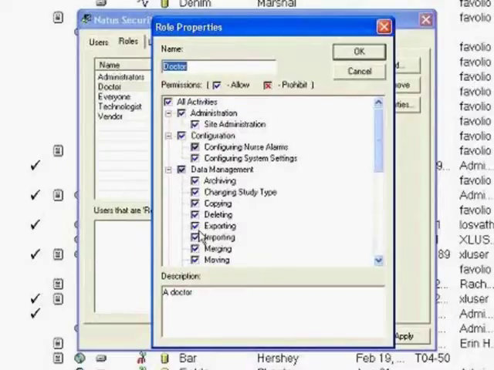When you shrink it down to one person, it's a lot easier to trace back who was responsible for performing a certain activity relating to the study file. So, back to the example. In the doctor role, I don't want our doctors, let's say, to be able to have the ability to delete